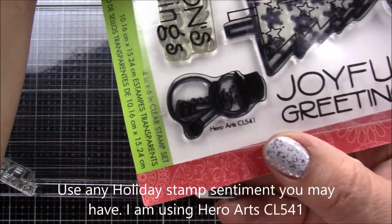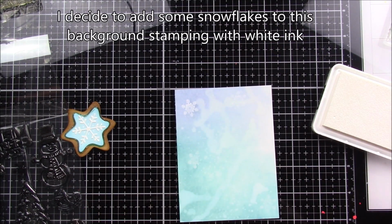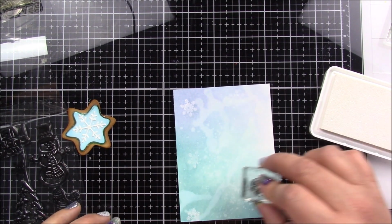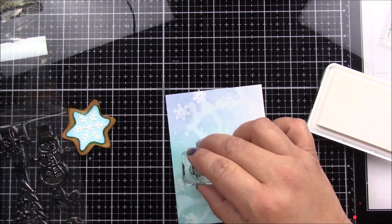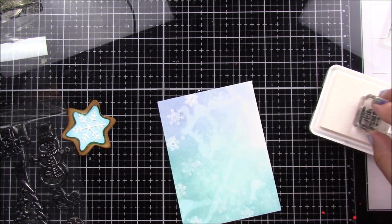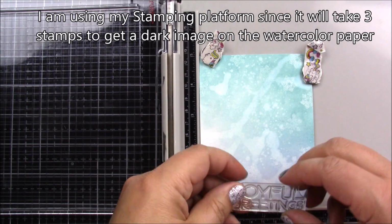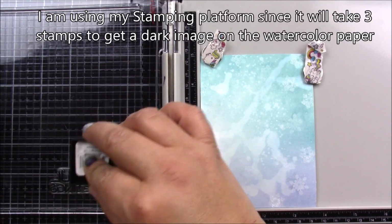For the sentiments, you can use any stamp that you have available. In this case, this is one of the few that I have for Christmas, and it's an oldie but goodie from Hero Arts. This particular set also has some snowflakes, so I decided to go ahead and stamp them on this background using white ink, since they would match the little snowflake cookie that I will be adhering to the